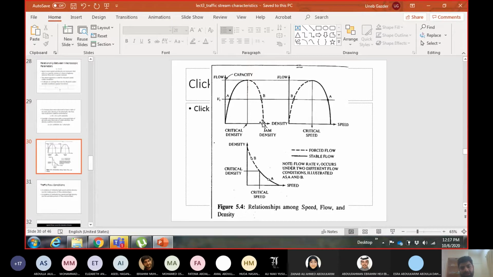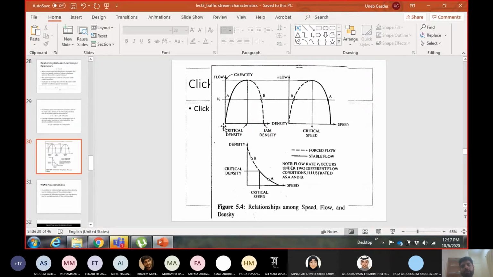So you have seen in these two figures, the top ones, that the flow can be zero in two conditions. The flow can be zero at maximum speed. That means the density is zero. You can see it from this point, this point. So at this point the flow is zero, at this point the flow is zero. This point means what? The speed is maximum, density is zero, which is this one. Or this one.